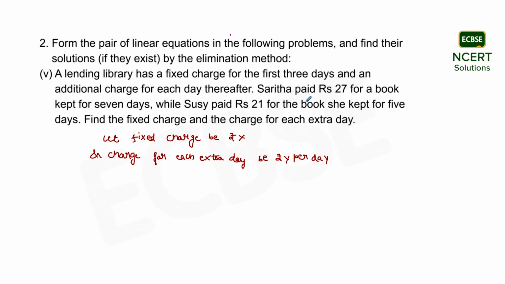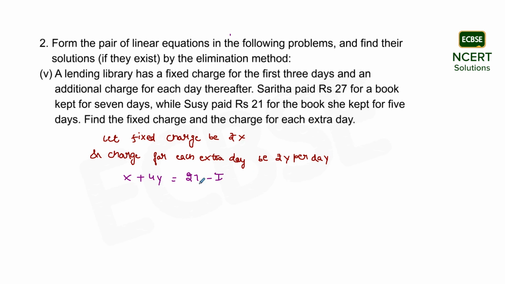So for Saritha, who kept the book for 7 days, for the first 3 days there will be the fixed charges, and for the rest 4 days there will be additional charges, that is rupees y per day. So the equation formed will be x